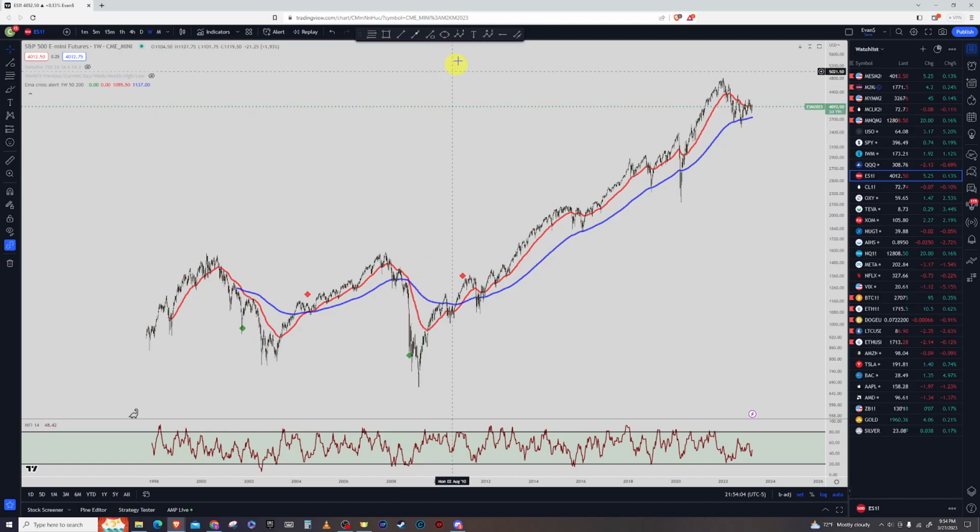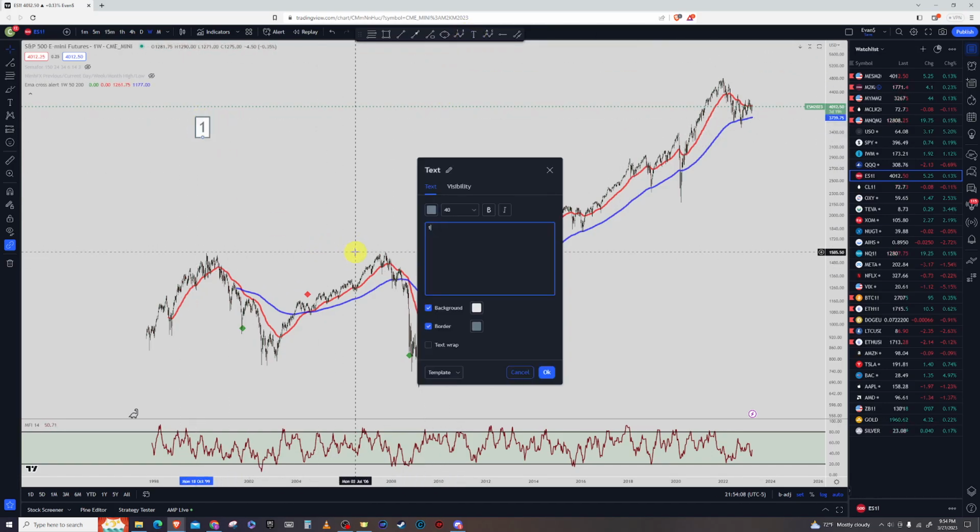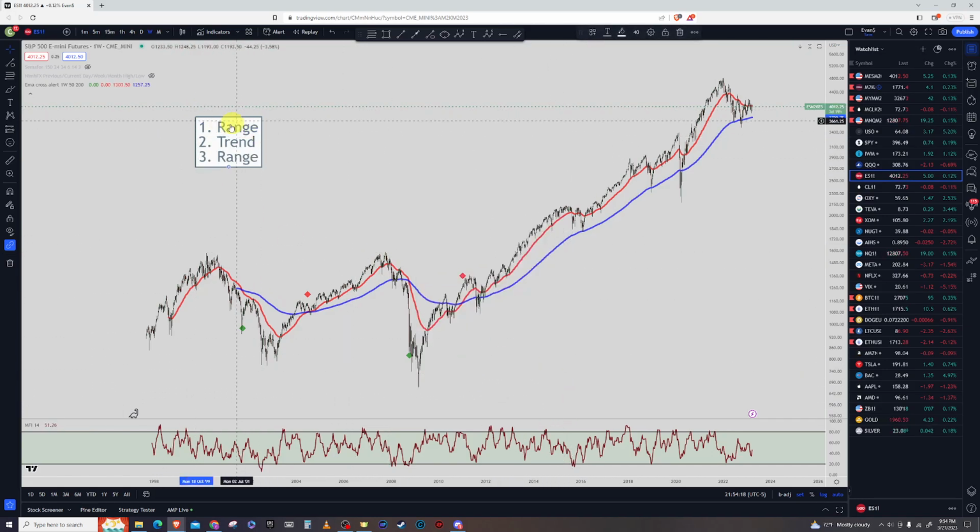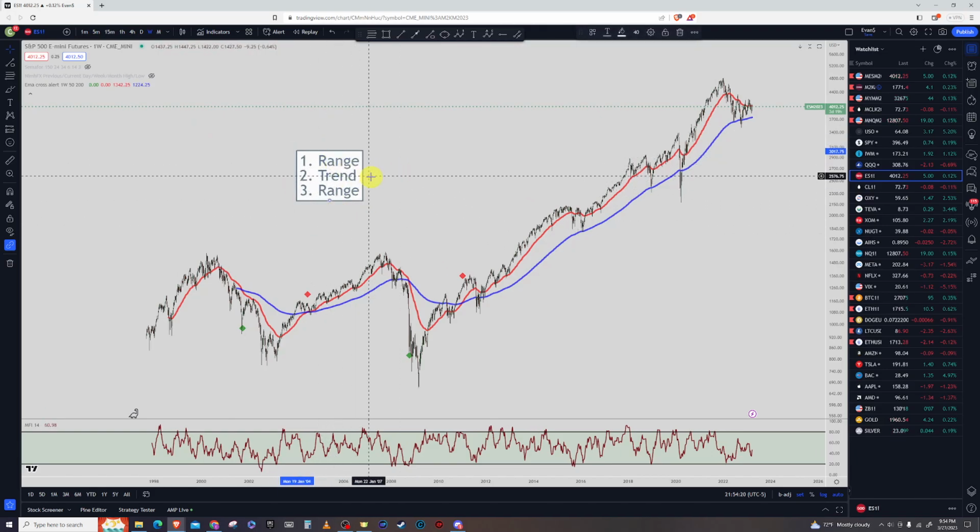And so the market goes in these waves. I look for: one, range; two, trend; three, range. And it's going to repeat that over and over and over again. So all you have to do is remember that: range, trend, range, range, trend, range, range, trend, range. And that's basically it. Because if you look at this going back all the way to October of '97, we